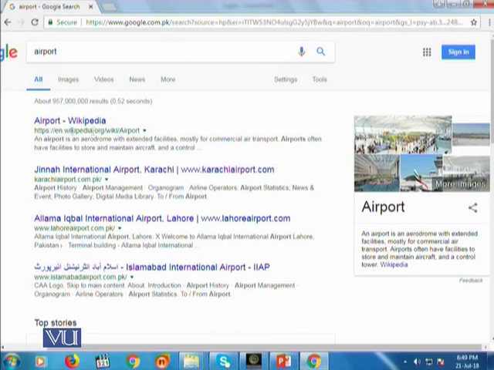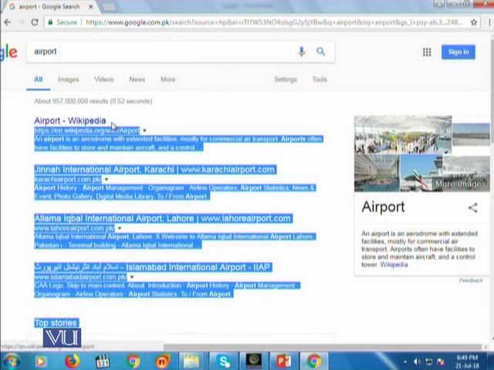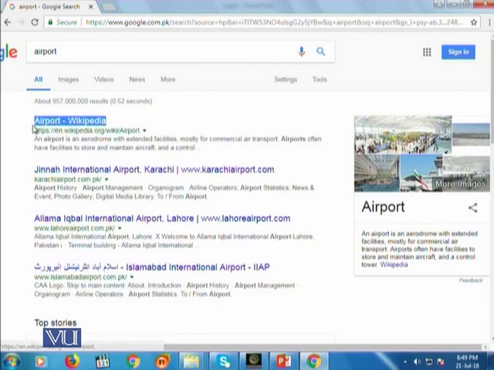So it has identified, for example, the Airport Wikipedia page as one of the most highly ranked web pages for your search query. But you were not interested in the Wikipedia page, which explains what an airport is. You were interested in finding where the closest airport to your location is.